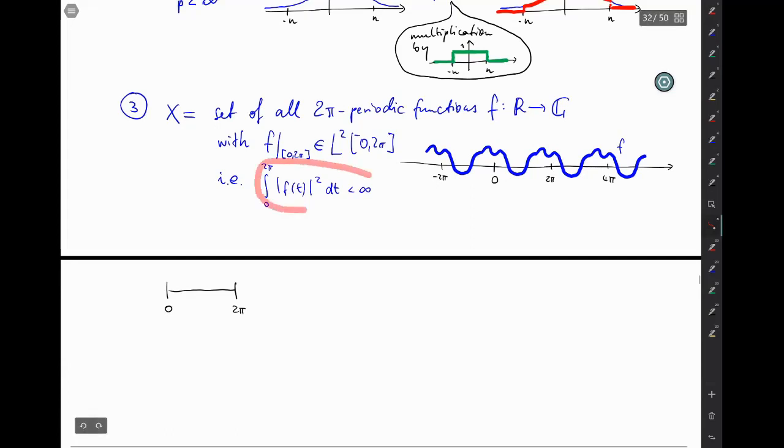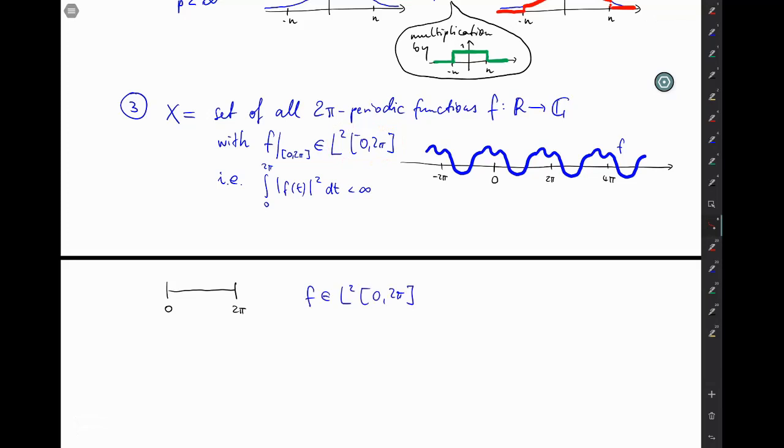And then express this wish by saying that your function be in L2 from 0 to 2π. But then you still have to say that somehow you're looking for periodicity. So you're expecting that whatever the function is doing at the right endpoint of your interval, it should also be doing at the left endpoint of your interval. You could of course avoid that by making your interval contain only one of the two endpoints and not the other. Or you could try other things, but if you ask me, the most elegant thing to do is